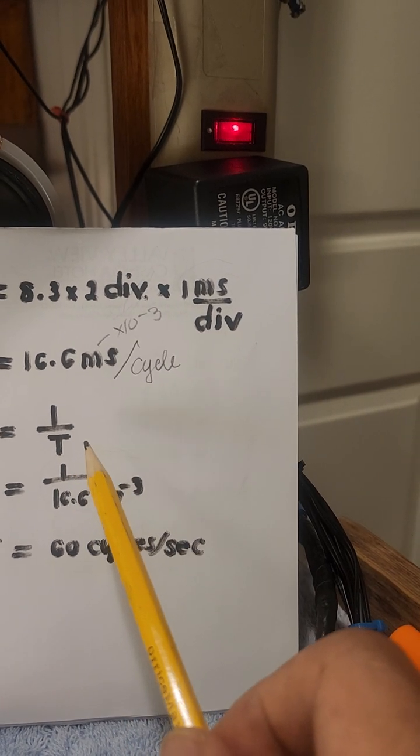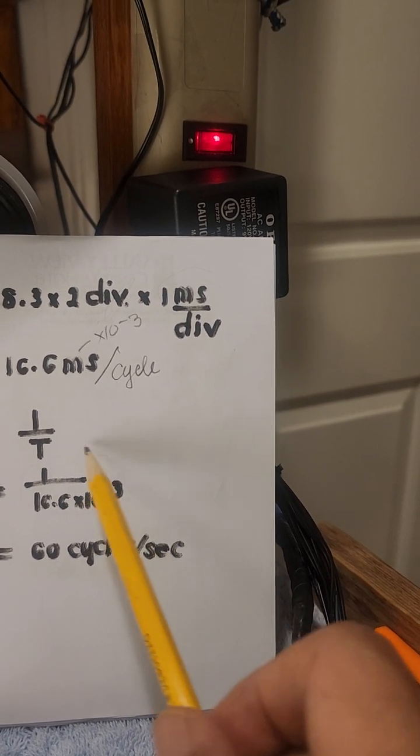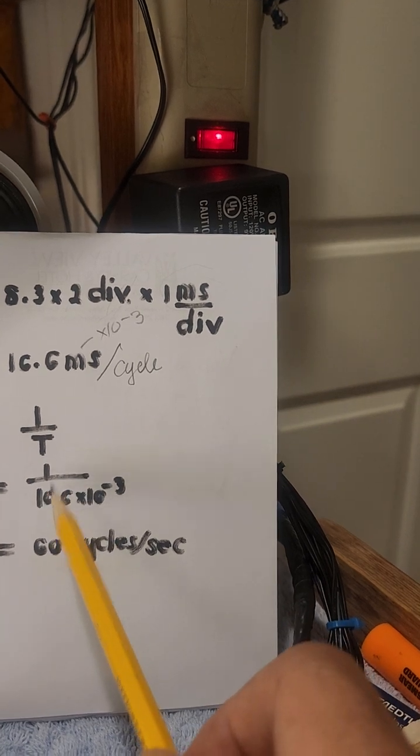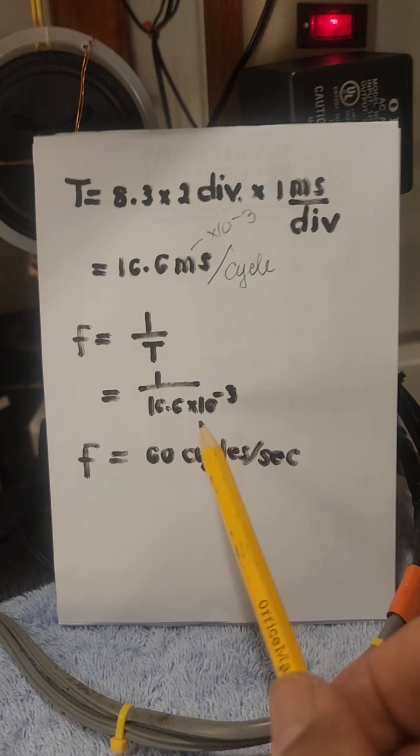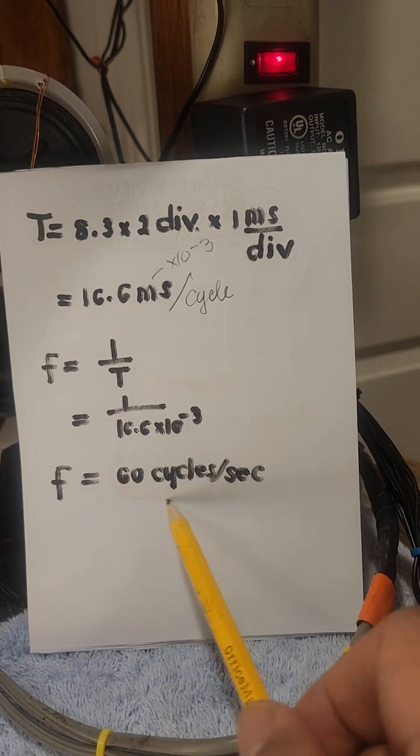And if we compute this using our calculator, this will go up, so it seems our unit will be 1,000. If this goes up, it will be 1,000 over 16.6. And if we bring out our calculator, the resulting value is actually 60 cycles per second. So the frequency